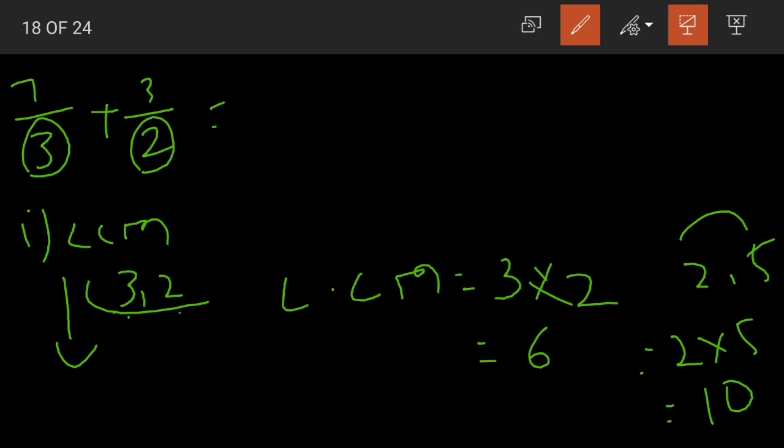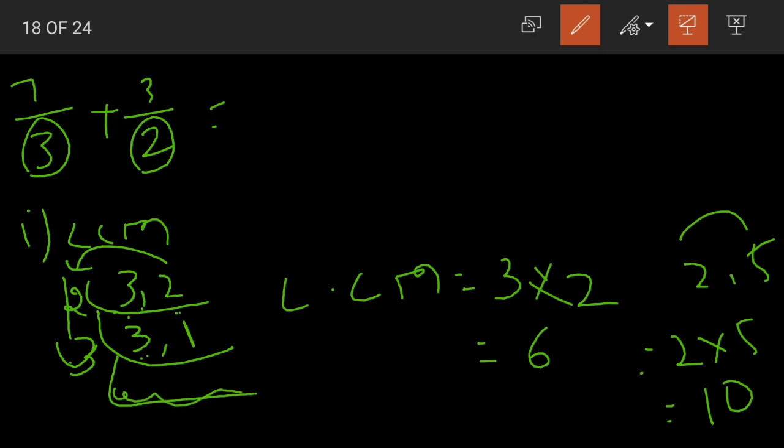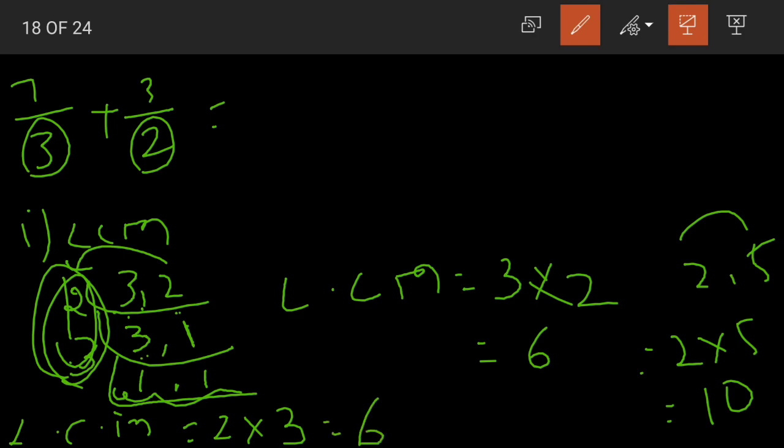Yes, let us cross check this. 3 comma 2. First let us start with the prime number 2, because here 2 is divisible. Now 3 is not divisible by 2, so we will write 3 as it is. Now we know that 2 ones are 2, so we will write 1 here. Clear, students? Now we are having 3 here, so I will take 3 because this 3 is divisible by 3. 3 ones are 3 comma 1 as it is. Now what will the LCM be? LCM will be 2 into 3, that is equals to 6.